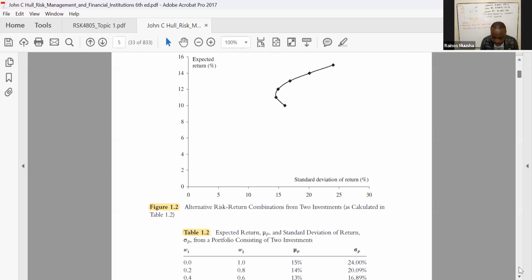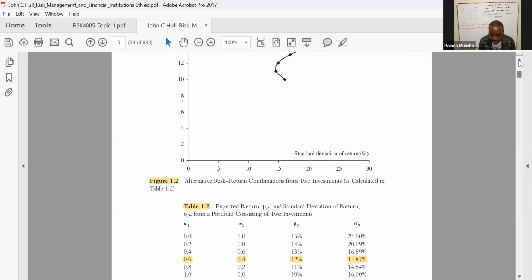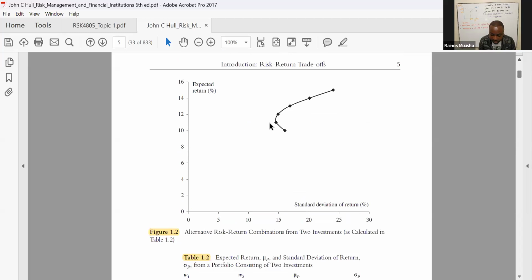Because if we go back to our example, remember we said there are different combinations of weights, expected return and standard deviation. Which basically means that when you look at the efficient frontier, you're saying: how do we draw a graph which shows us where we are able to maximize the returns for a given level of risk and minimize the risk for a given level of return. So in this case, when you're now drawing the efficient frontier, you are going to